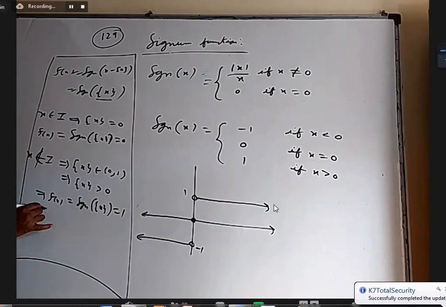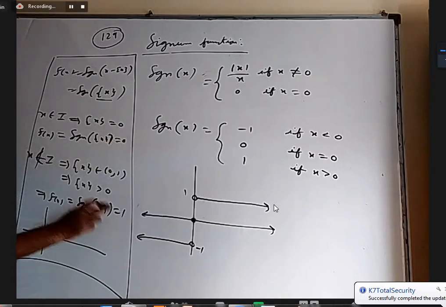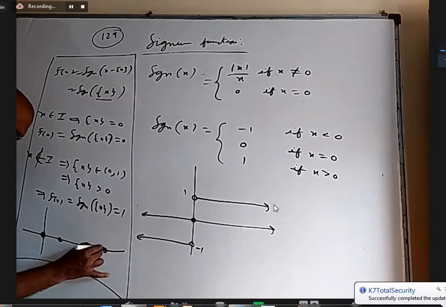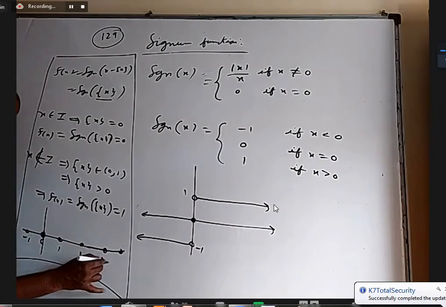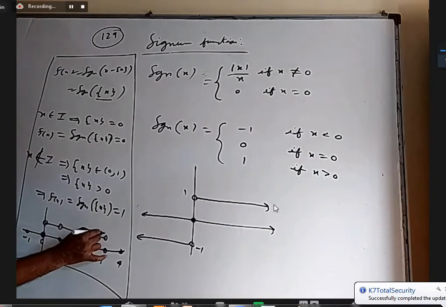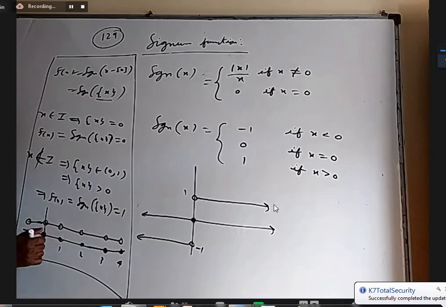If you want to draw the graph, at every integer it is 0. After that, it is always 1. So it is 0 here, 0 here, 0 here, at -1, 0, 1, 2, 3, 4. Rest of the time it is 1. Open 1 here. Again open 1. Open 1. This is closed. So mostly it is always 1, but at every integer it drops down to 0. Again goes back to 1.